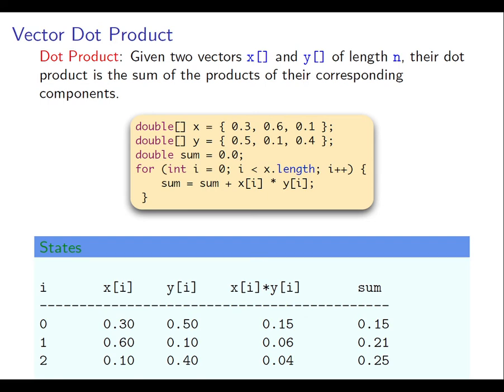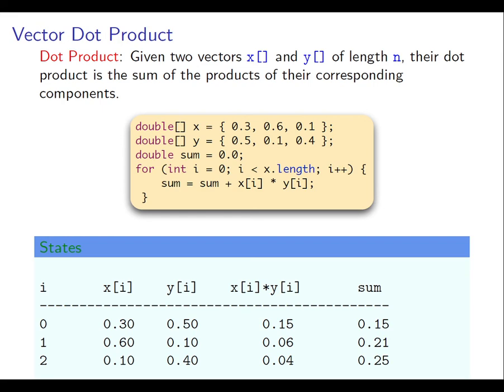We can initialize our two arrays x and y to those sequences of double values. Then we can initialize the sum to 0.0, and we can use a two-part for loop in which the iteration variable i is being used simultaneously as the index into array x and the index into y, as you see. And all we're doing here is saying each time we want to add to the current value of sum the result of multiplying the ith element of x by the ith element of y,